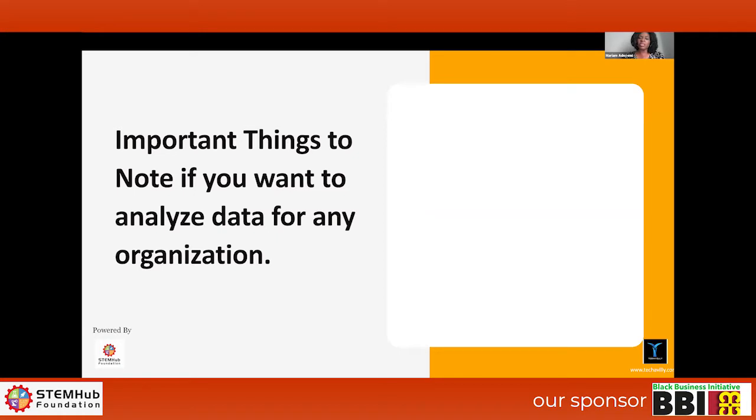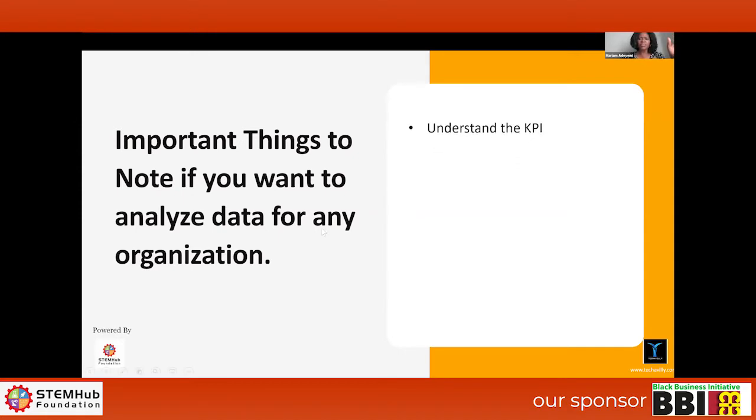And we talked about a few things you should prepare yourself for as you learn SQL, because SQL is one of the most required skills for data analysts. Right now, aside from visualization, which we're going to be doing next week, SQL and Excel are the most powerful tools that you need as a data analyst. So there are a few things you need to bear in mind when you want to analyze any data